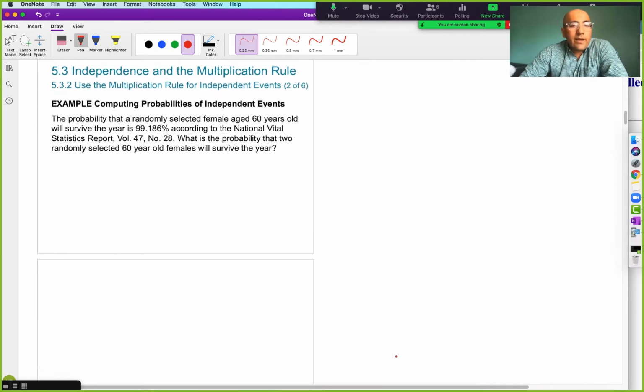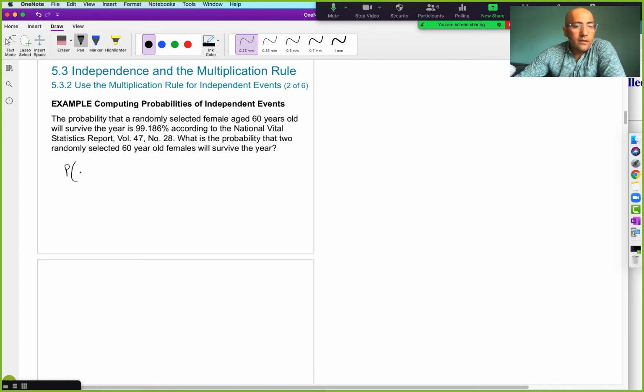The probability that a randomly selected female aged 60 years or older survives a year is 0.99186, according to the National Vital Statistics Report. What is the probability that two randomly selected 60-year-old females will survive the year? Okay, randomly selected. We said that two randomly selected 60-year-old females are independent. So,